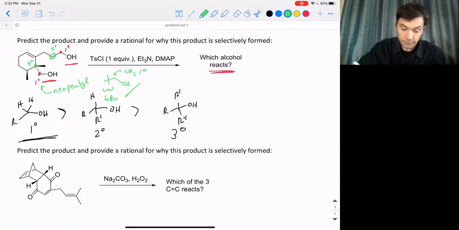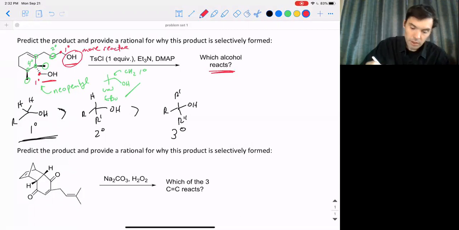So what we're going to find out is due to the steric environment around this alcohol being all these wonderful flanking groups, the primary alcohol up here on top will be more reactive. And this means that if we choose our equivalents appropriately with only one equivalent of a reagent, we should be able to get that dangling primary alcohol to react preferentially over the neopentyl alcohol, which is exactly what's going to happen. So the desired or actual product of this reaction now